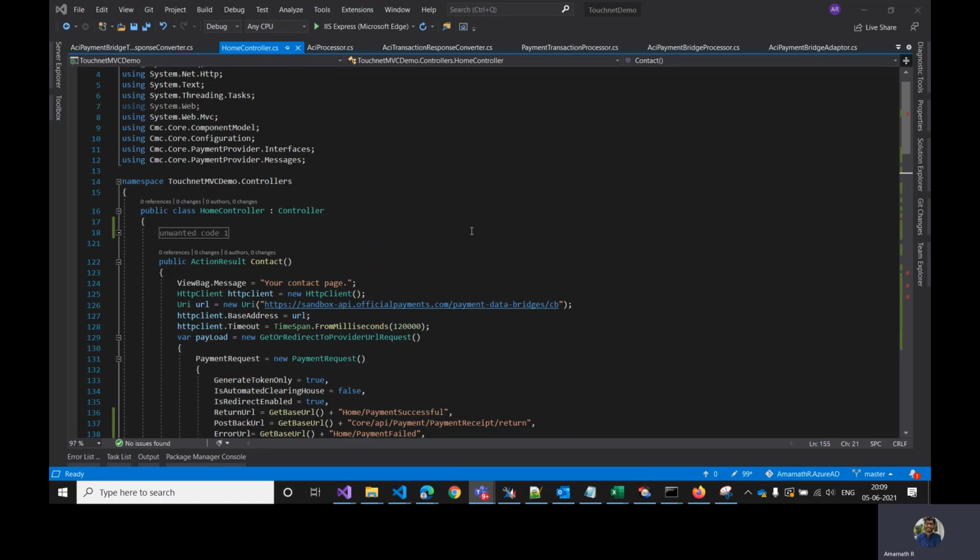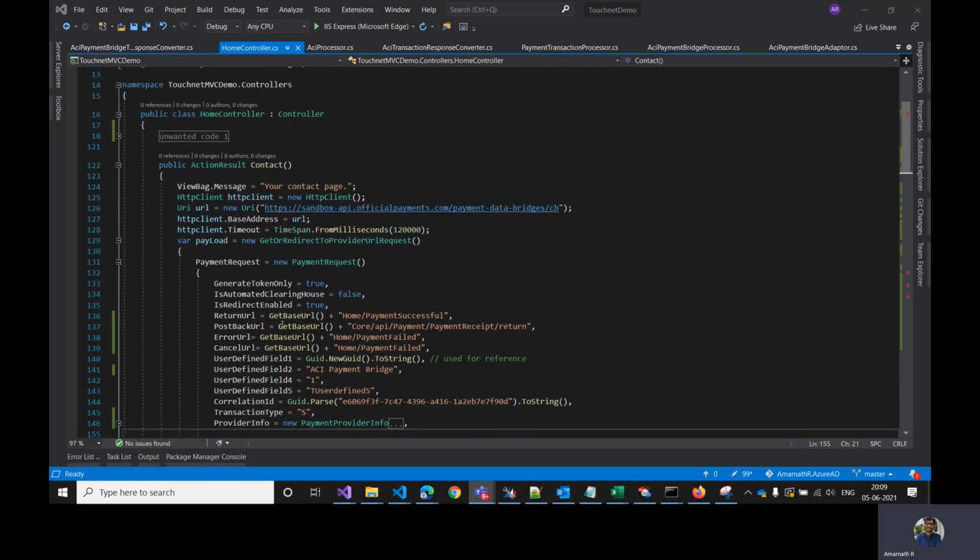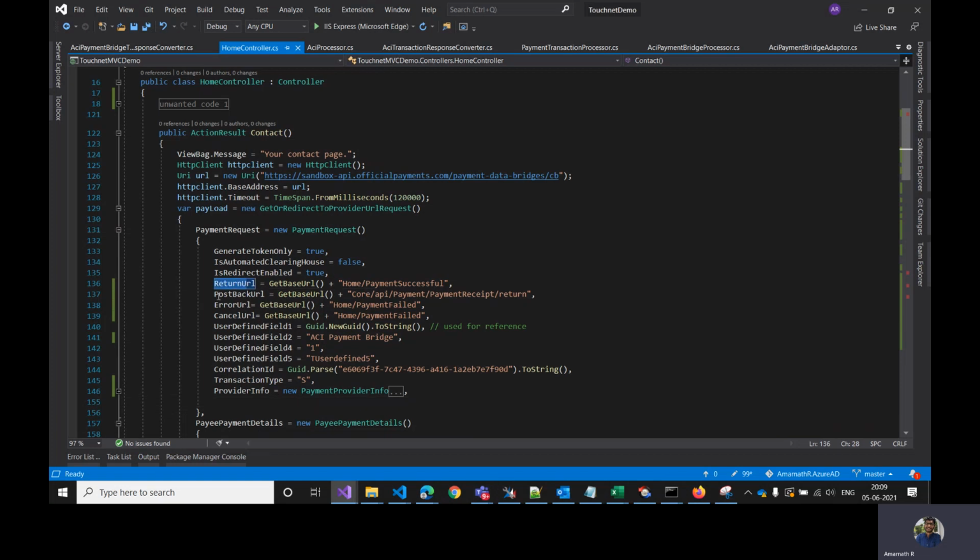Basically, I have created an MVC project from which I'll be calling the payment vendor, and I'll show you how we can pass the parameters and how the post data should be done. Here I'm preparing the data, let's say the return URL, postback URL, error URL, etc., and some user defined fields also.